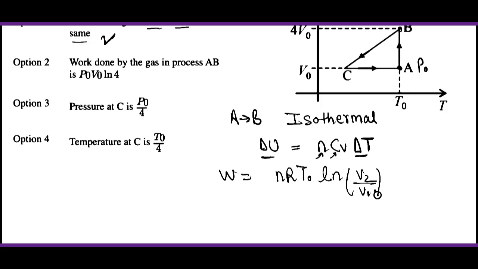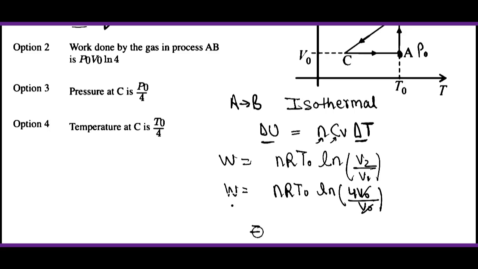है, फाइनल वॉल्यूम, V1 क्या होता है, इनिशियल वॉल्यूम, ठीक है। तो यहाँ से अगर वर्क डन निकालें तो ये क्या हो जाएगा, nRT₀ ln(V2/V1), और V2 क्या है, देखो V2 है 4V₀ और V1 है V₀। तो यहाँ से हम लिख सकते हैं 4V₀ अपॉन V₀। तो V₀ से V₀ कैंसिल हो जाएगा और हमारे पास वर्क डन फ्रॉम A टू B लिख लेते हैं यहाँ। फ्रॉम A टू B क्या आ जाएगा, nRT₀ ln 4, ठीक है।